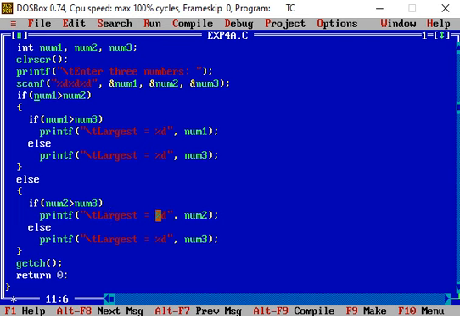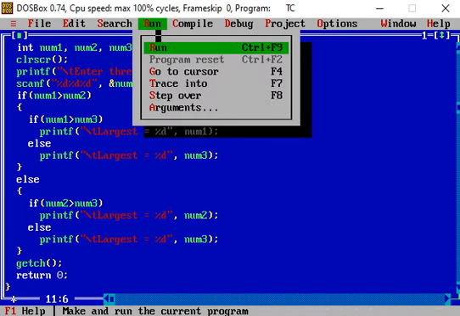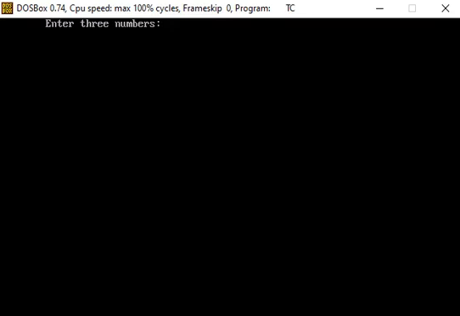Now let us take another example by running this program again. So again from the run menu, and suppose this time we enter 54, then 23 and then 12.